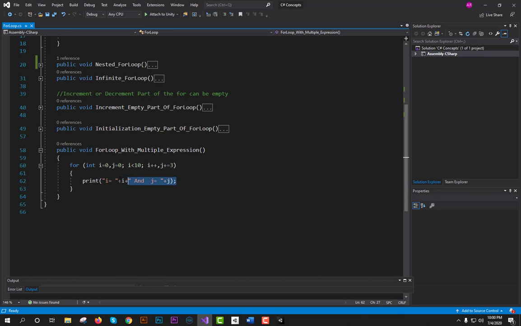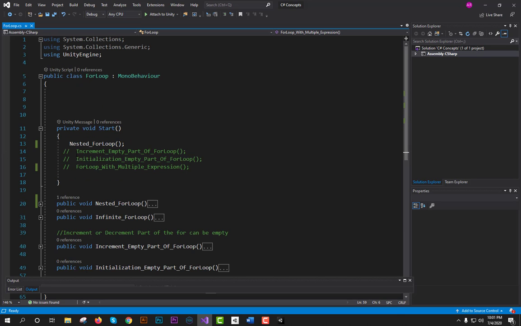You can specify the for loop like this. You can try it by yourself and run it. This will execute. If you want to see, I can run it.